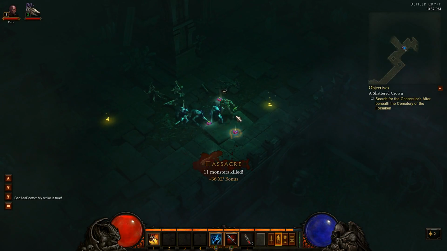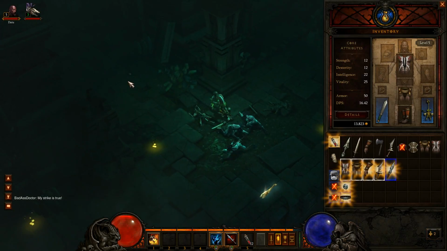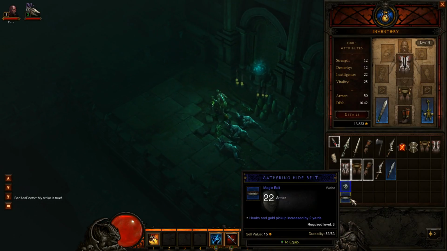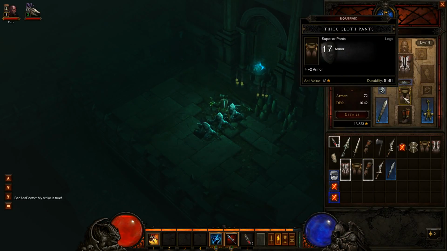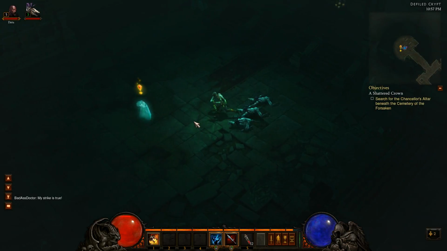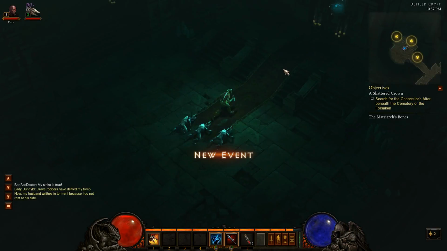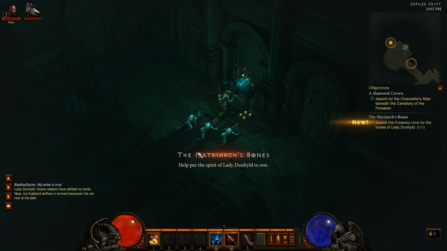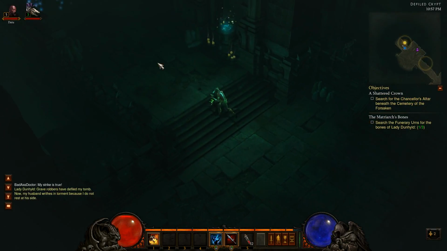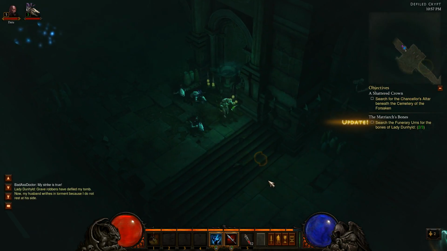I'm gonna go ahead and pick up the potions just for the heck of it. And we'll check this javelin. Not that great, but you know what? We do have a ring and a belt there. And this is not going to be the one because it is an event. But we will go ahead and start the event, and we'll just do it as soon as possible by doing this. And I'll recast my